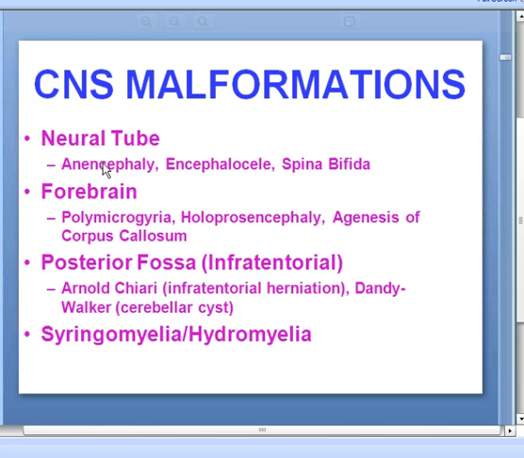You can have specific forebrain anomalies, which we'll talk about, like polymicrogyria, in other words, small gyri. Holoprosencephaly, which is a failure of fusion of the forebrain, might result in a baby having only one eye, or cyclops. Many of the holoprosencephalies become agenesis of the corpus callosum. And this is not that uncommon either. And it's also not necessarily associated with central nervous system diseases at all. There could be people walking around that don't have